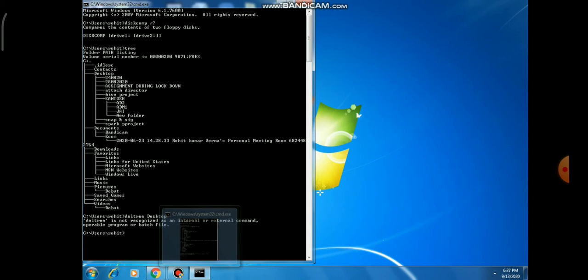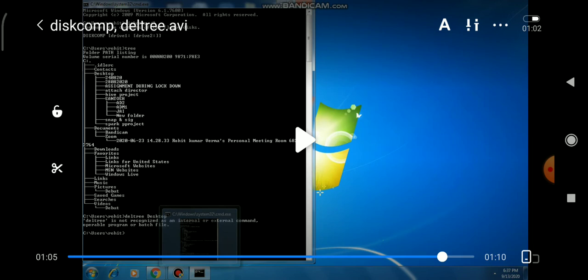If you want to execute this command, you have to consider an older operating system, such as MS DOS or Windows ME. These are the older operating systems where this command will work, and for newer operating systems like Windows 8 and Windows 10, it is not working. Here you can see I am writing the deltree command, and it gives us an error: deltree is not recognized as an internal or external command.